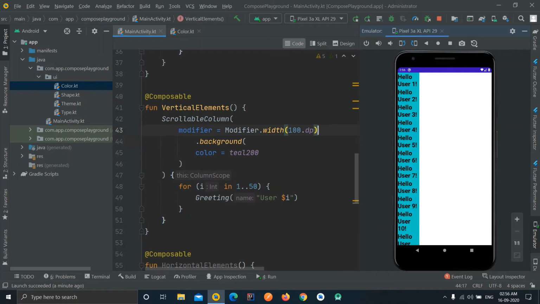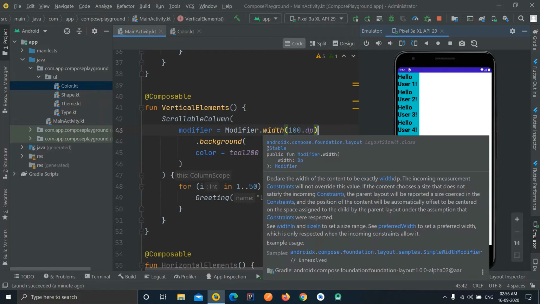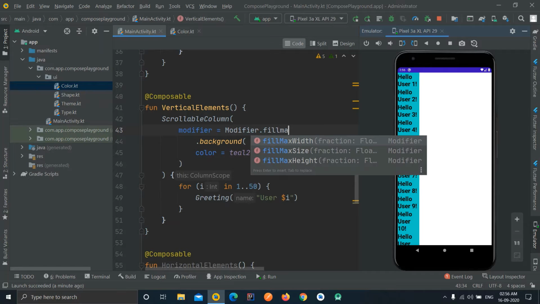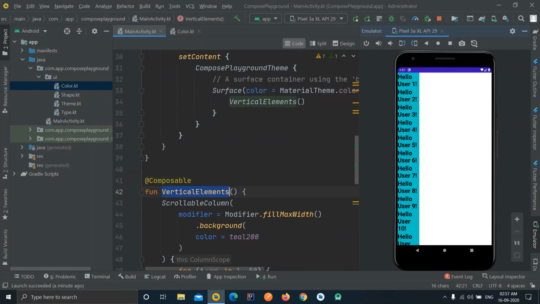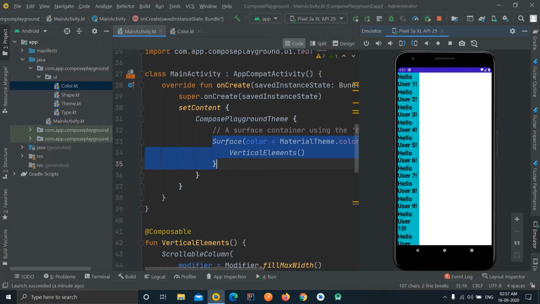Okay. So other than that, what if you want this layout to spread to the whole width, to cover the whole width? Then basically we are talking about a property which is equivalent to the XML property of match parent. So yeah, there is a property available, that is fill max width. What this property will do is, it will automatically fix the maximum width available. So now in our case, the maximum width available to this widget is the width of the whole screen, because this widget is direct child of our surface, and surface is actually this whole part.